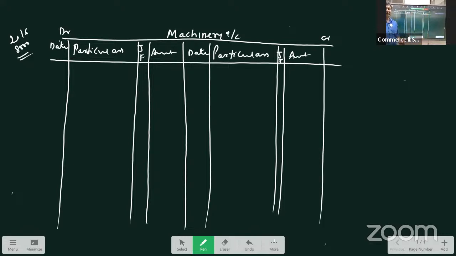In the first year, as I said, depreciation is to be provided from the date of purchase of the asset till the closing of the financial year. So we had purchased the asset on 1st July 2014 to bank. Whenever any asset is purchased, I said it is to be debited. What is the general entry we have to pass? Machinery account debit to bank account. So machinery account is debited with bank account. The cost I had taken was 50,000. When would I close the books of account? Obviously on 31st March